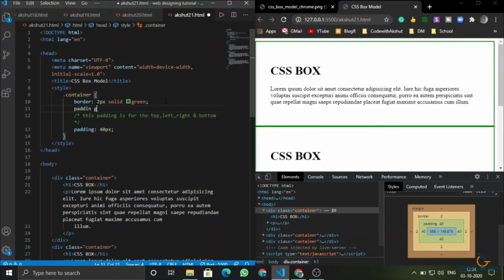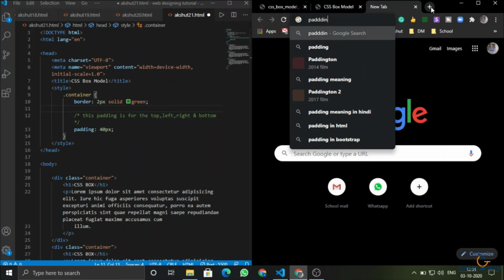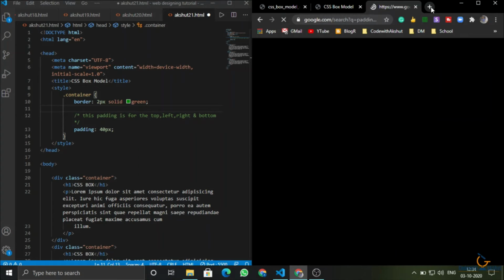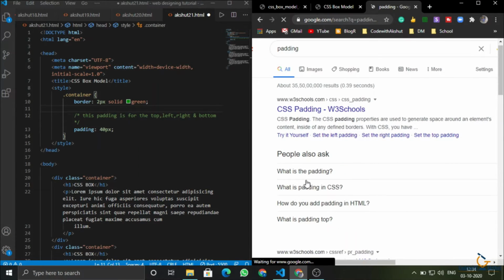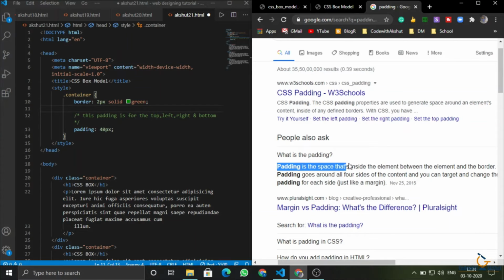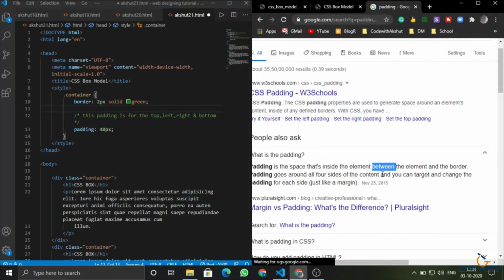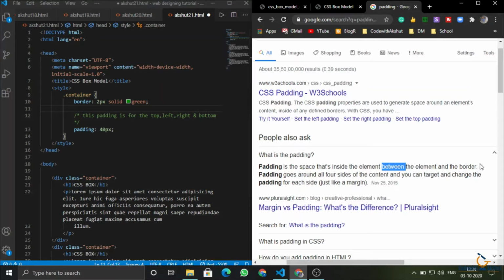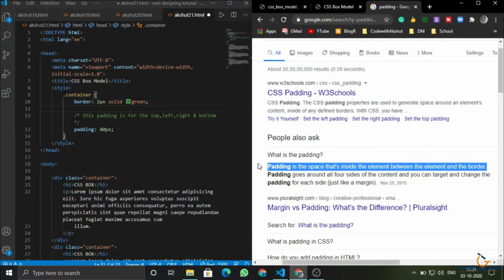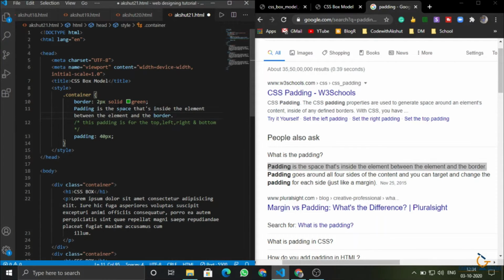Padding, or let's go to Google and check the definition, because if I tell you something wrong, I don't want to tell you something wrong. So padding is the space that's inside the element between the element and the border. I will copy this and paste it here so that you know what I am doing.